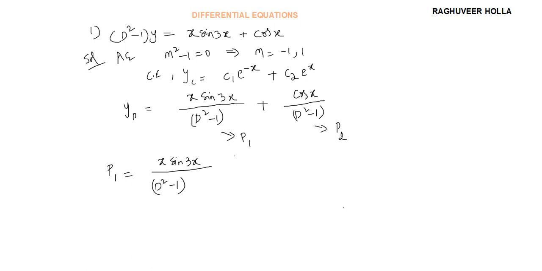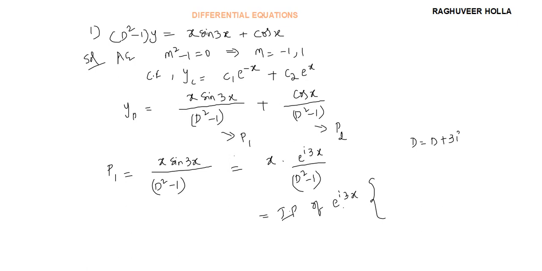Now let me put this as x into the imaginary part of e to the power of i 3x. Okay, sin 3x I have written as e to the power of 3ix divided by d square minus 1. Now let us substitute d as d plus 3i. Let me substitute that here. So that is the imaginary part of e to the power of i 3x, and if I substitute it,